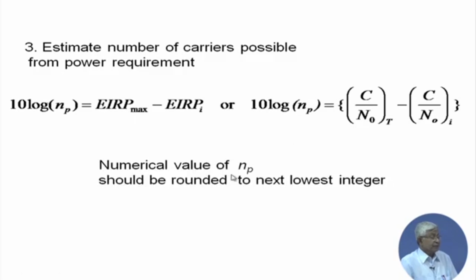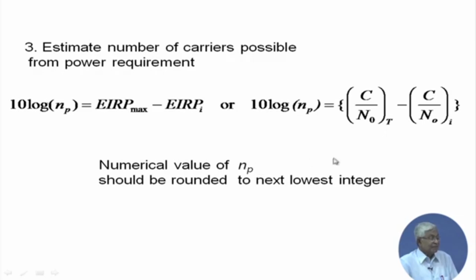Now, this value of Np you convert from dB into a numerical value. It should be rounded to the next lower integer. That is important. Many students miss this point. You go on doing the calculation as per the formula or expression given to you, you get something with some numbers after the decimal point. Practically, as an engineer, can you give a fraction of a number as how many carriers can go? A part of a carrier cannot go. Np is the number of carriers that can be supported. So, if it is coming 31.56,